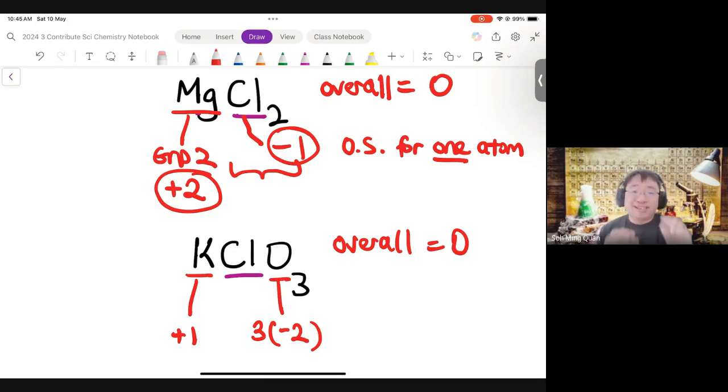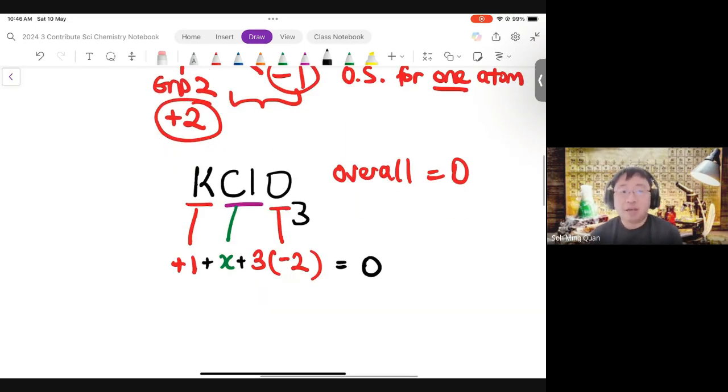Now, for such more complicated problems, it's useful to let your unknown be X. So in this case, let's let the oxidation state of chlorine in KClO3 be X. What's the purpose of doing this? By doing this, I know that the equation must sum up to 0. And once you do that, it will simplify the whole equation to just,